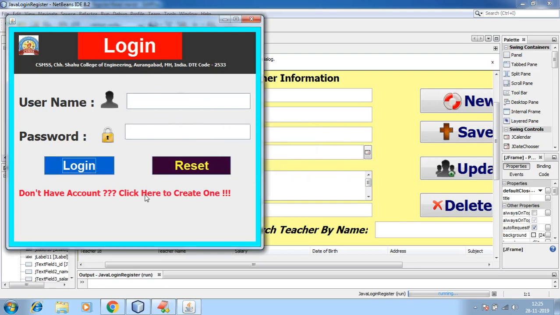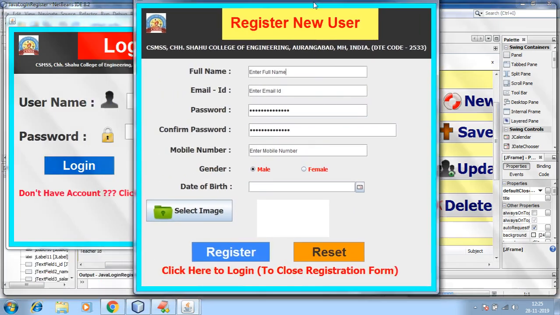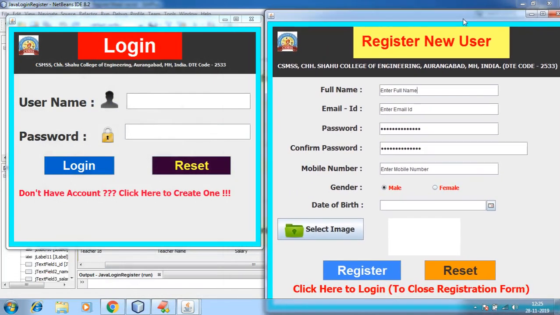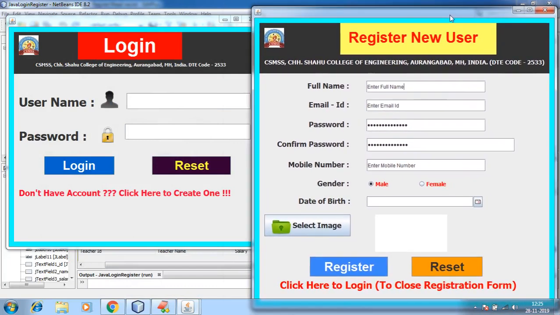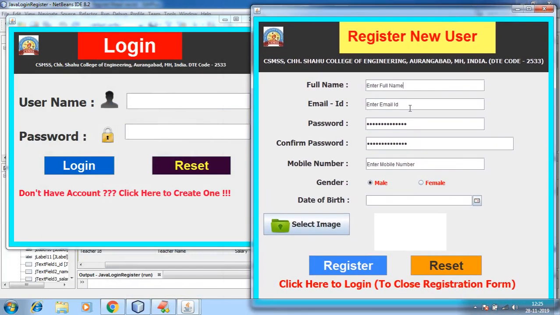So first of all, let me register. If you don't have an account, let us proceed for registration. And here I am going to register all the information. So to perform registration, I am going for full name. Suppose Ganesha Shankara, and email ID is ganesha@gmail.com,